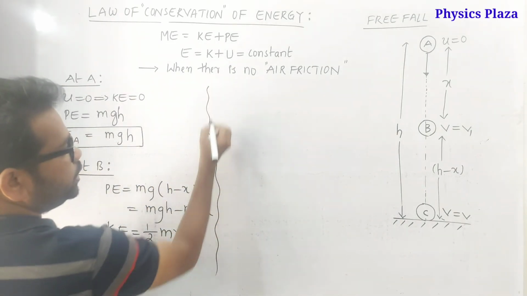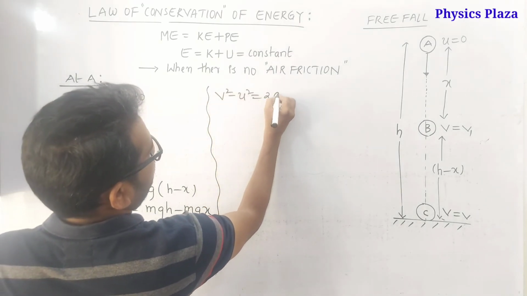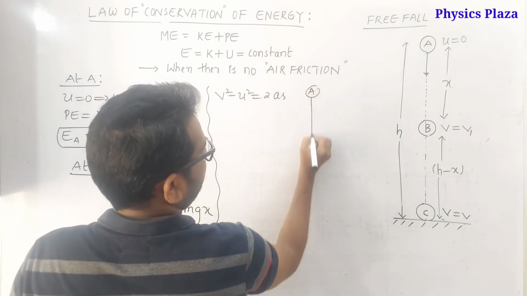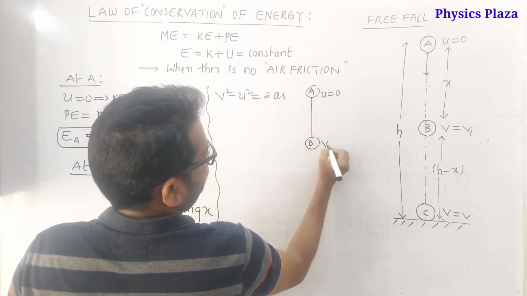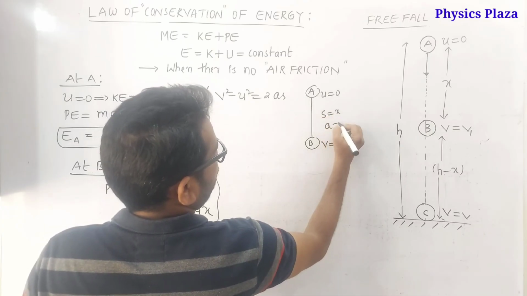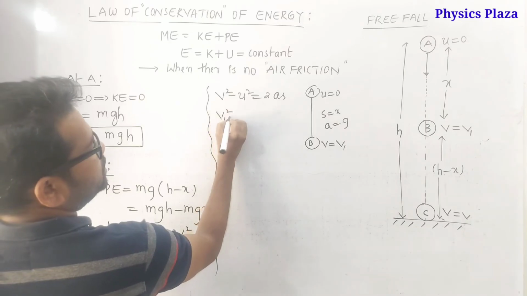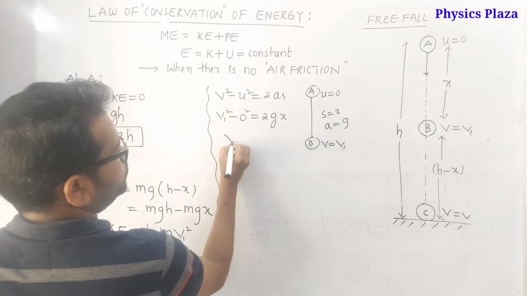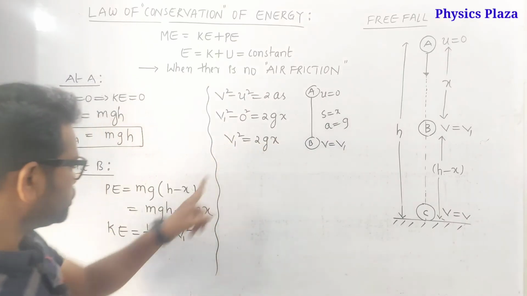For that, we use v squared minus u squared is equal to 2as. So we are considering between point A and point B. So here u is 0. Here v is v1. The distance traveled is x. a is going to be g. Let us substitute the data. This is going to be v1 squared minus 0 squared is equal to 2gx. So v1 squared is equal to 2gx. This value you substitute in this,